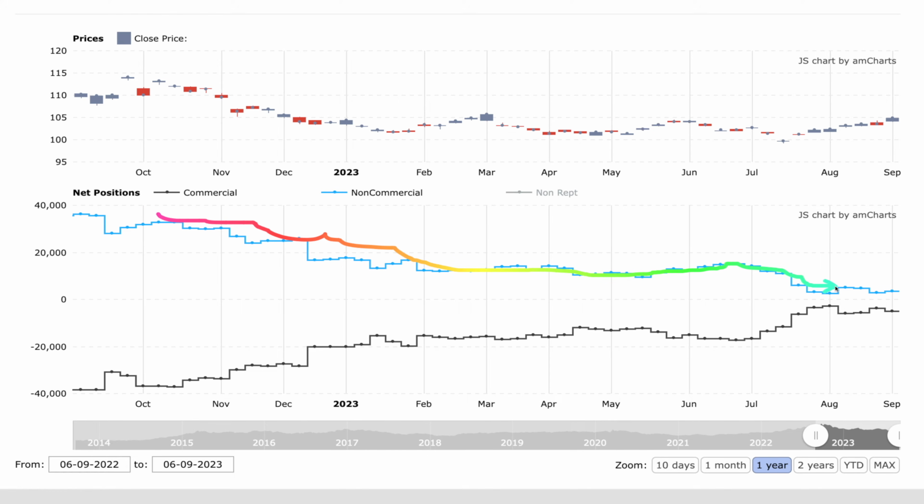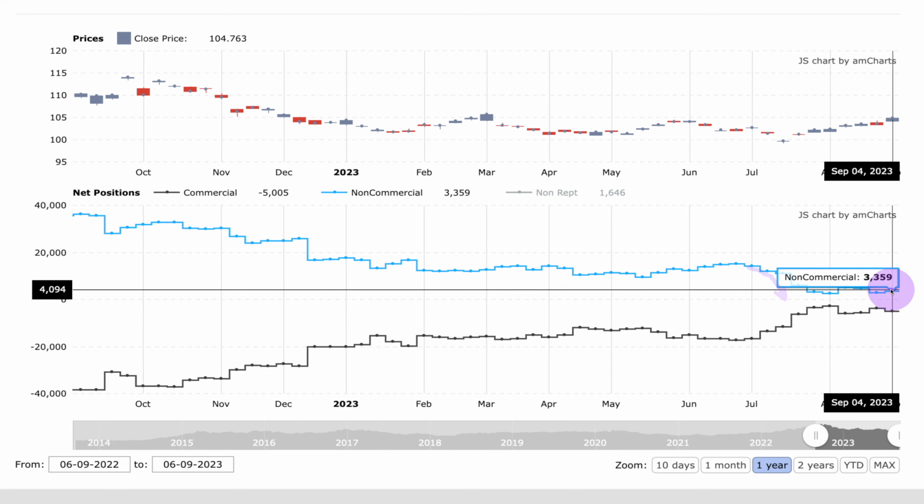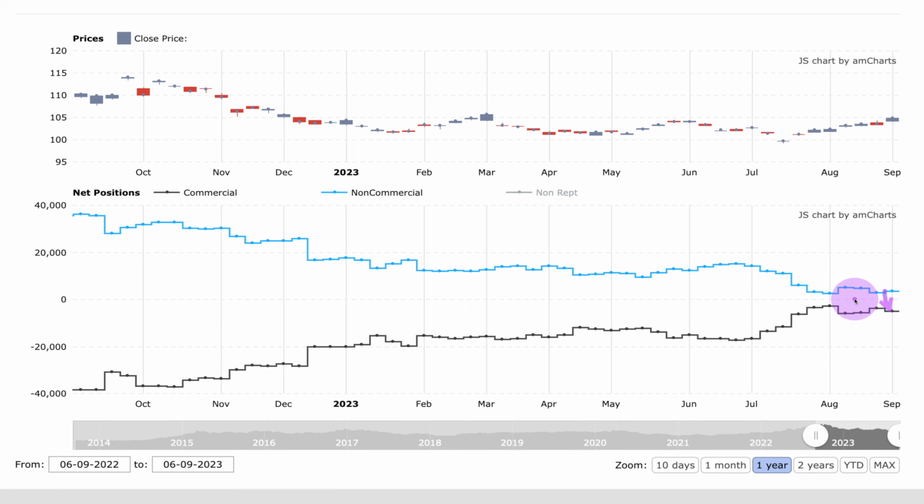They get this little bump. And they're all getting close to the zero line, which is this line right here. Once they go over, commercial is committing that the dollar's going to go lower. So they're accumulating. And if commercial goes below the zero line, where they're at right now is 3,359, they go negative. That means that they're convinced and have conviction that the dollar is going to go lower. What will change the scenario so that the dollar goes higher is if commercial start going down and large speculators start accumulating.